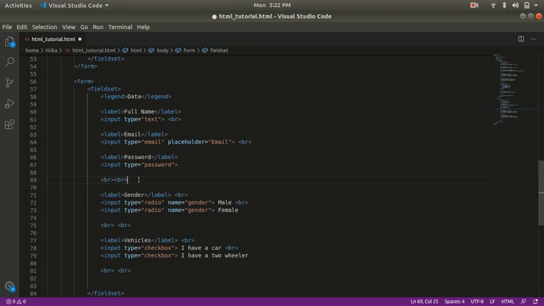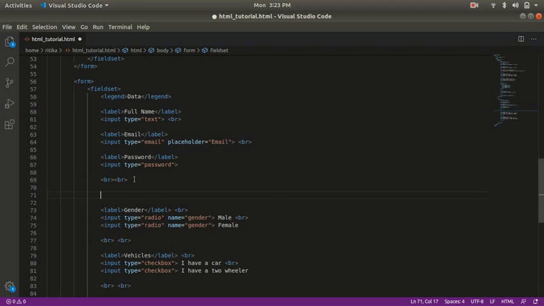Then I gave a double break to make a radio element. For the radio element I made a group here. It looks like a group if we are not giving a space. See, we can see that it is a group. If you want to make it more organized, you can even write in a comment, this is a radio button.